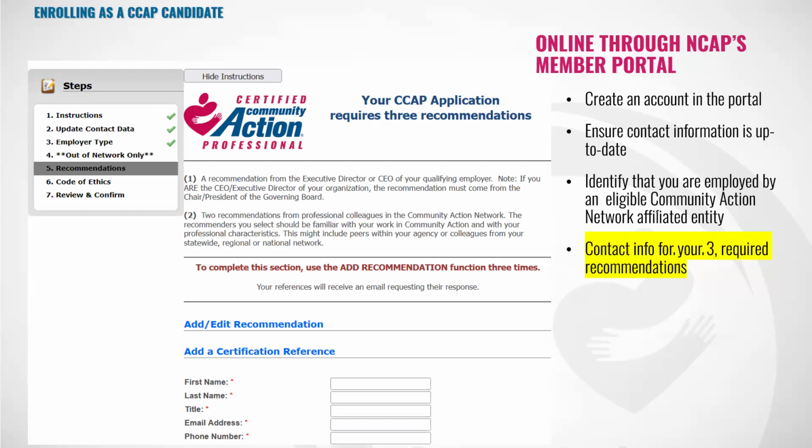They can call us. Let's say I have a board chair who still doesn't use email or computers or whatever the barrier might be there. They can get in touch with us at the CCAP office and we will accommodate them by sending out a paper form or taking their reference over the phone and attaching it to the application for you.